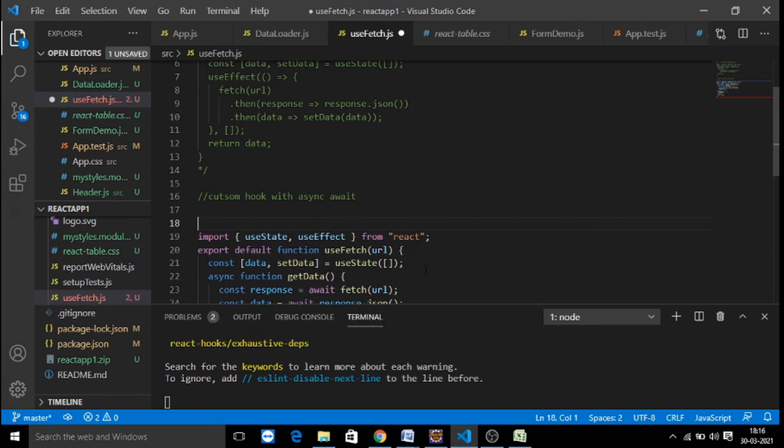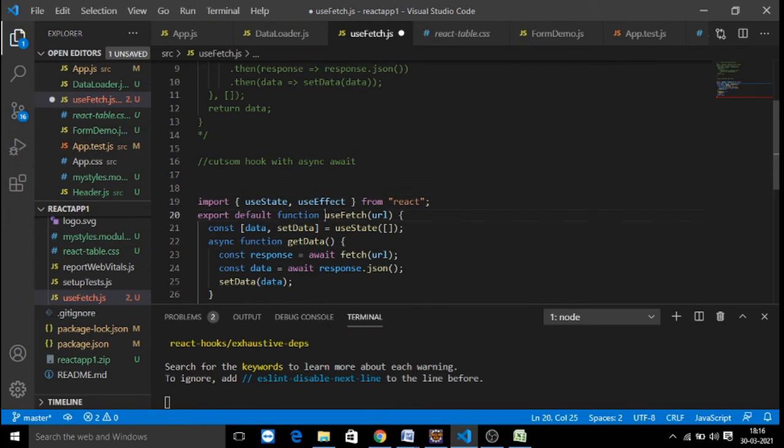In that scenario, when you design your own custom hook, you can write your own function called getData, where you are going to get the data by calling with await and async. Make your function async, and call fetch using await.